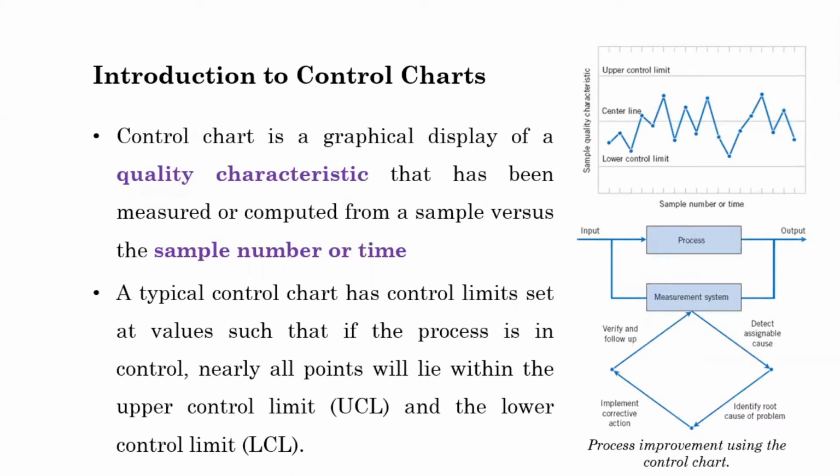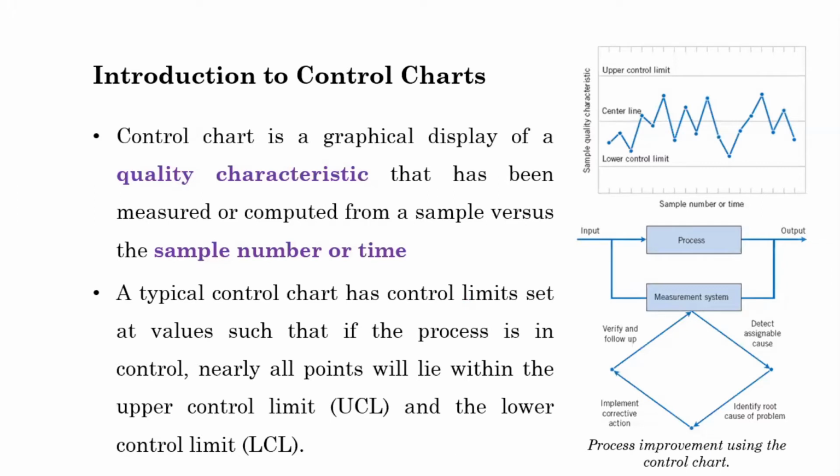There would be variation, that is understood, but is the variation natural or something random that we could easily ignore, or is it something that we need to be concerned about? If it is an assignable variation, then we need to be concerned, and we need to identify what is causing